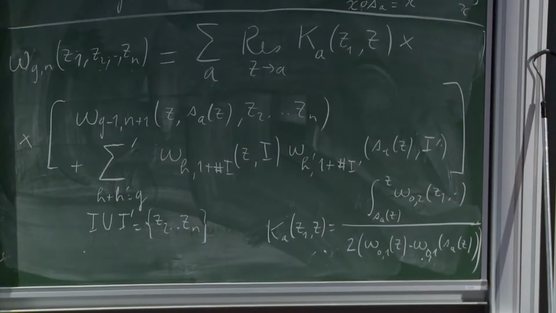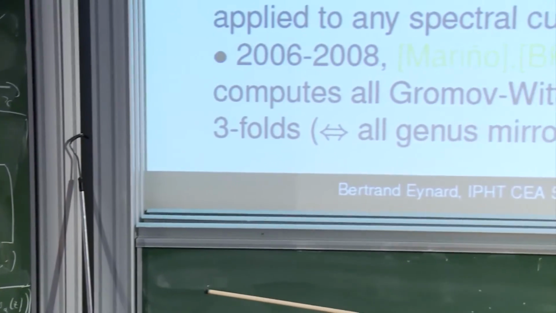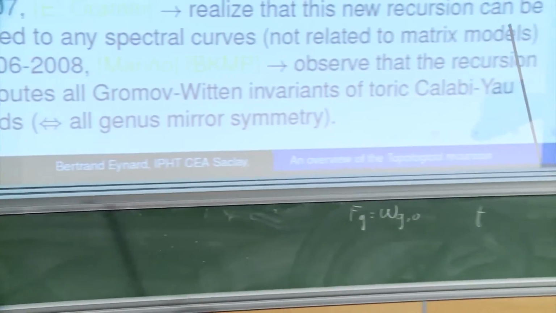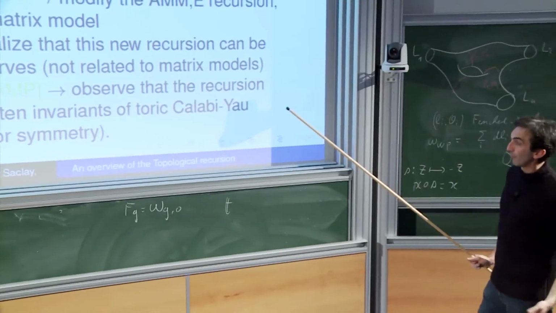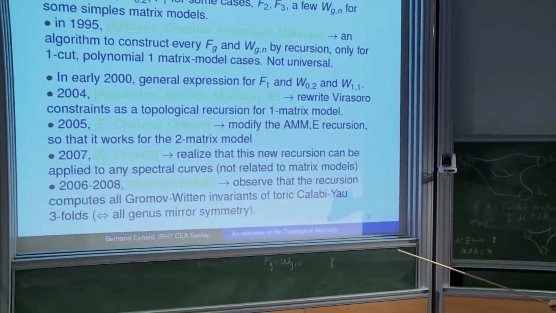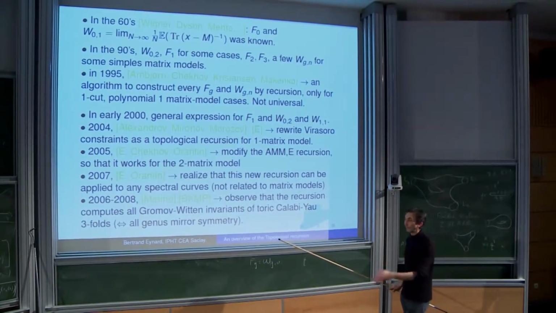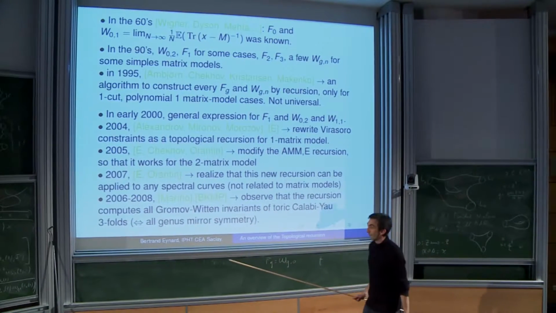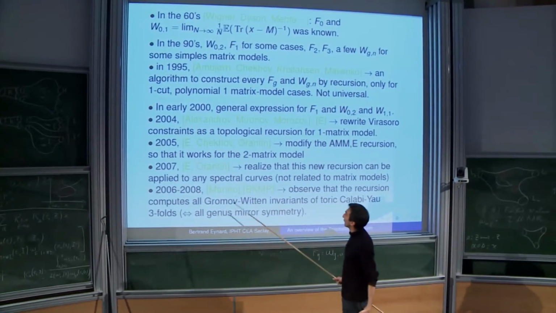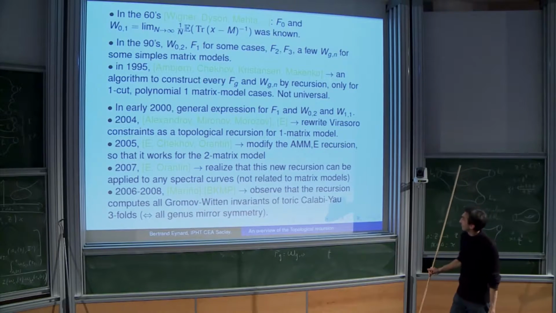And then in 2007, with Orantin, we said, okay, let's study this recursion equation by itself, independently of any relationship to any matrix model, and study its properties. So, for instance, prove that it always gives something symmetric, that it has some certain invariance properties. It satisfies some equations related to what you call BCOV, and so on. So we started to redo the mathematical theory of that equation. And this is where really it started to be called the topological recursion.